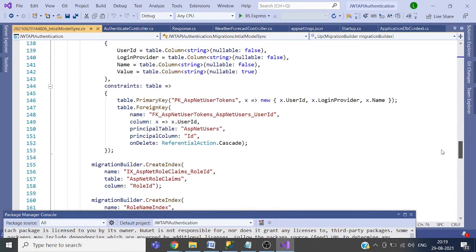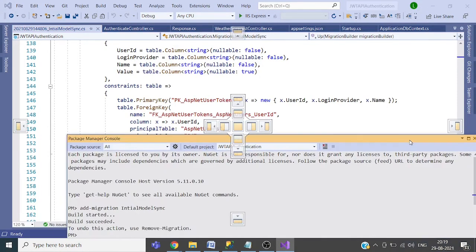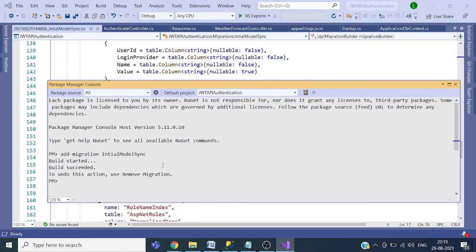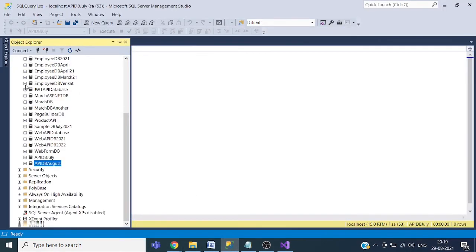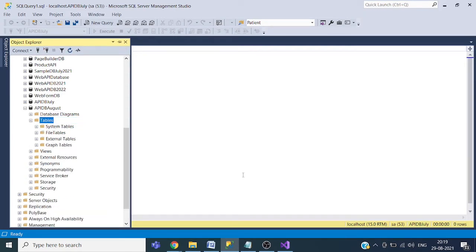Okay. Now we will run this migration on the database. For that, the command is update database. So these statements will execute on the database and tables will be created. So before that, you can check here, API DB August. Currently there is no table. So we don't have any table.